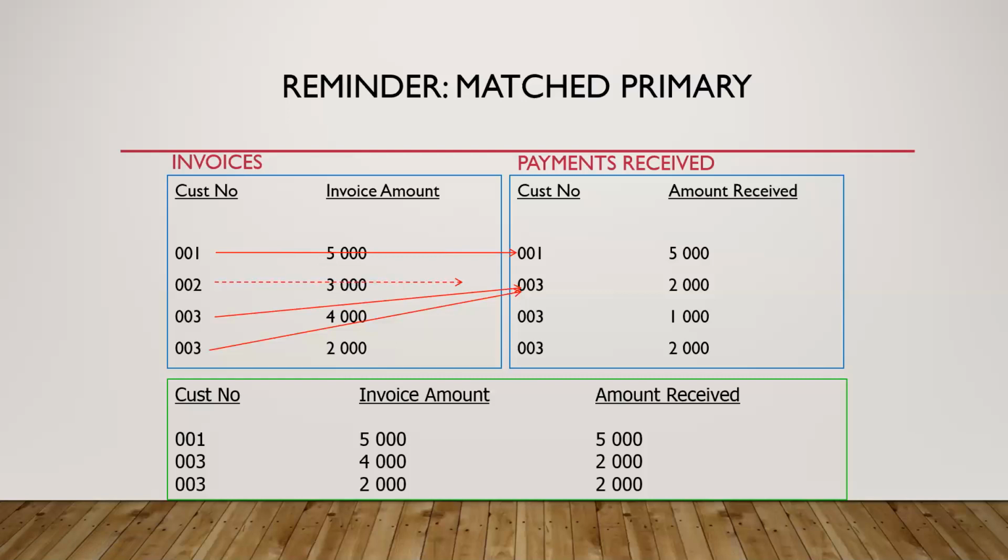So I would summarize the secondary table to get a new secondary table, and I would potentially, not necessarily, join the invoices table to the new payments received table, the summarized one. I'm saying potentially because sometimes the duplicates in the primary table will also cause problems, and sometimes they won't. The only way to know for certain if they're going to cause problems, if I leave the duplicates in the